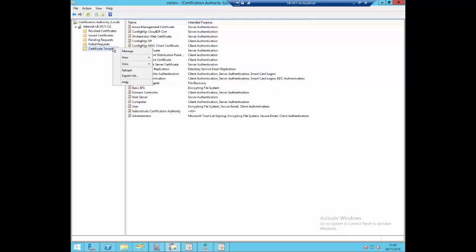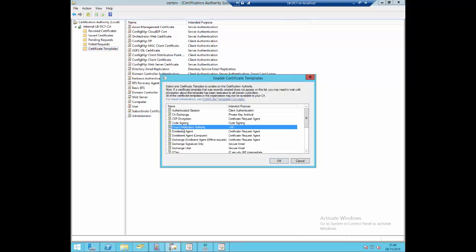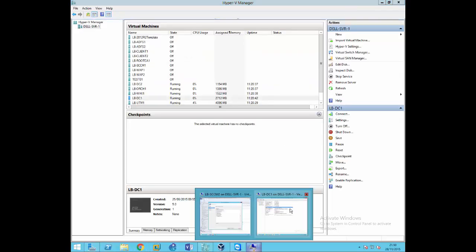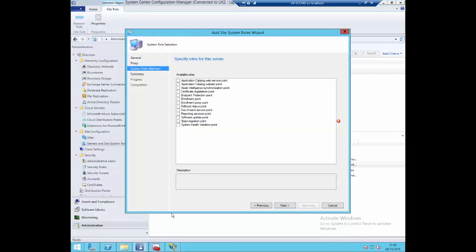To do that, I go under certificate templates, then new certificate template to issue. Now I can select the Config Manager web server certificate and go OK. Then I can start issuing certificates based on that template, and what that template is simply doing is server authentication. So what I can now do is go back to my SCCM server,